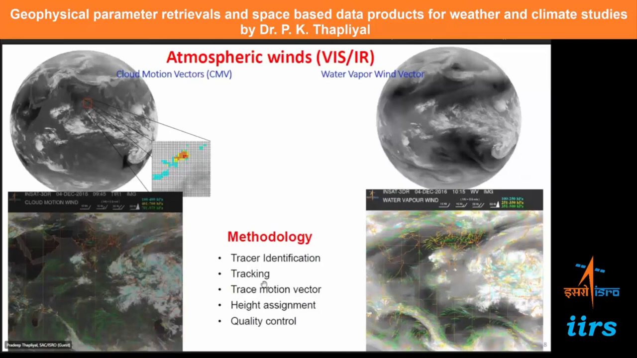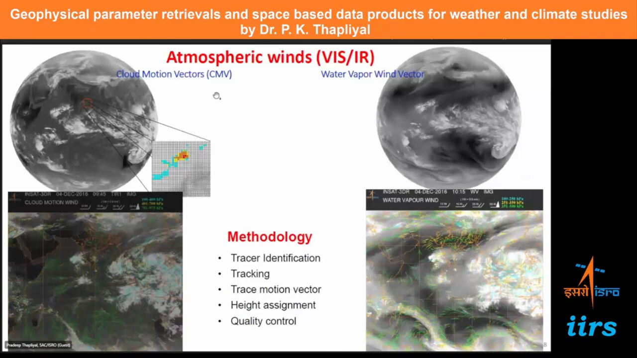Then you track in your subsequent imaging and find out your motion vector of that tracer. And then finally you have to assign height. You know what the speed of wind is, but what is the height of that cloud? That you have to find out from a separate algorithm. In infrared, the cloud top temperature depends upon cloud top height. So from that you can determine the height of that cloud. That cloud top height will give you the height of that atmospheric layer where you have measured wind using